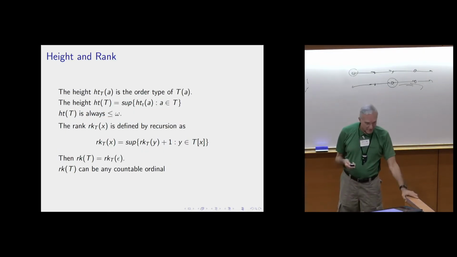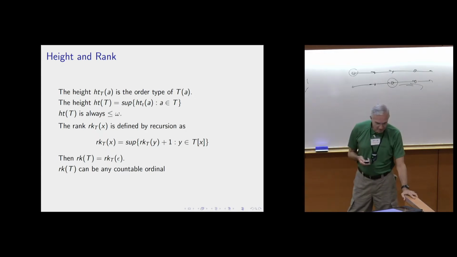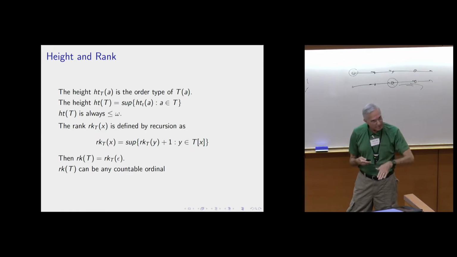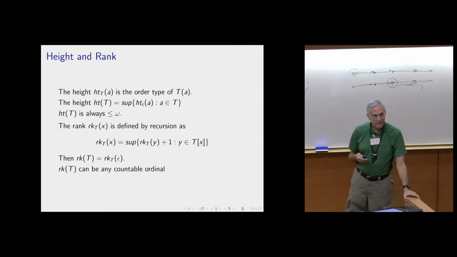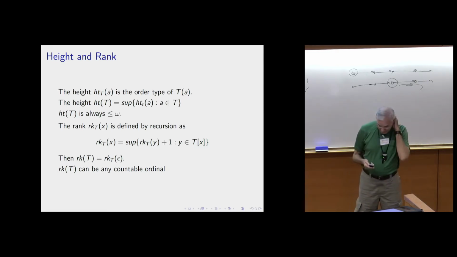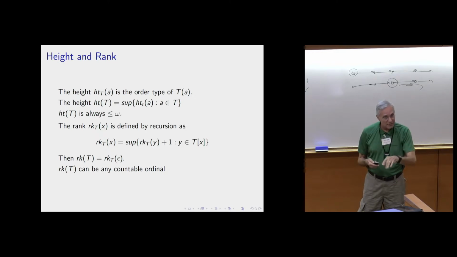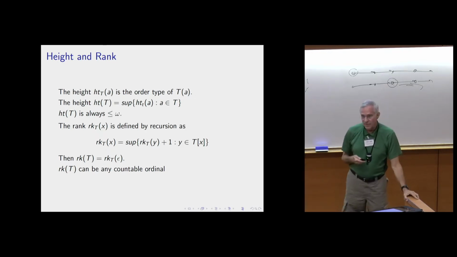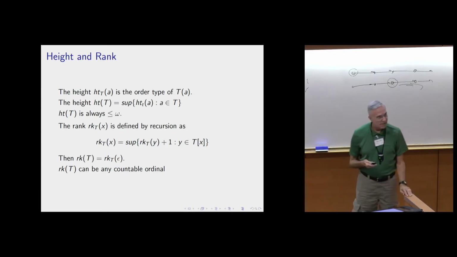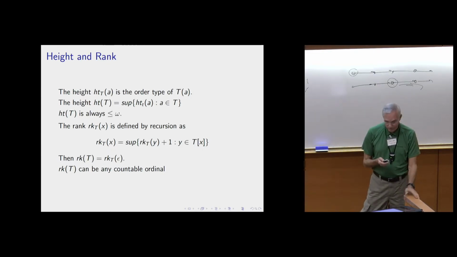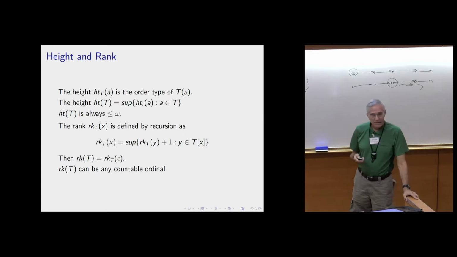Okay, so I think we all know about trees. You can think of these two notions: the height of a node, starting from the bottom up, how far up do you have to go? And then the rank is going down from the leaf. A leaf node of a tree with no extension has rank 0, and then as you go back down, you're taking the supremum, so that when you have an infinite number of branches, potentially you can start having a transfinite rank. So the rank of the tree could be any countable ordinal, and for a recursive tree, of course, it would have to be a computable ordinal.